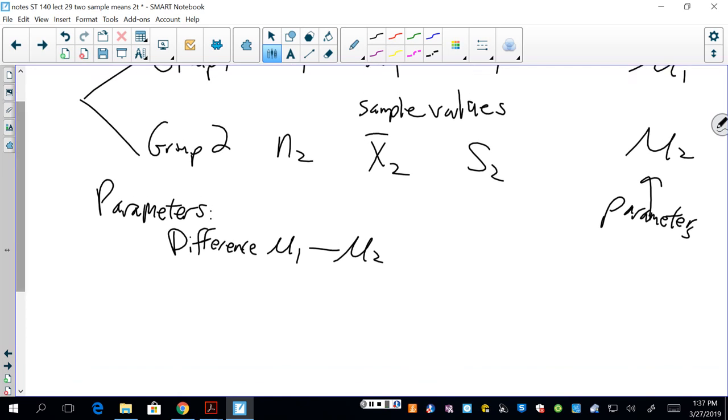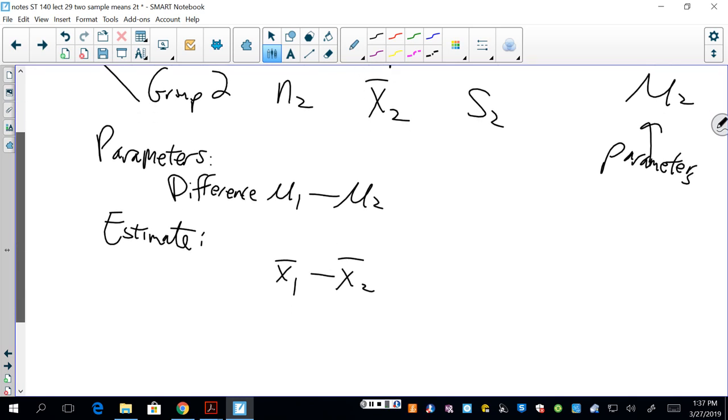The estimate that we're going to use is pretty straightforward. Right? Of this difference, it's just the first sample mean minus the second sample mean. And based on that, we're either going to do a confidence interval or a hypothesis test to get some statistical inference about this difference. We're going to see some difference in the sample, but how well is that estimated? Right? Is it estimated very precisely? Is it really different from 0? Right? So we need the standard error